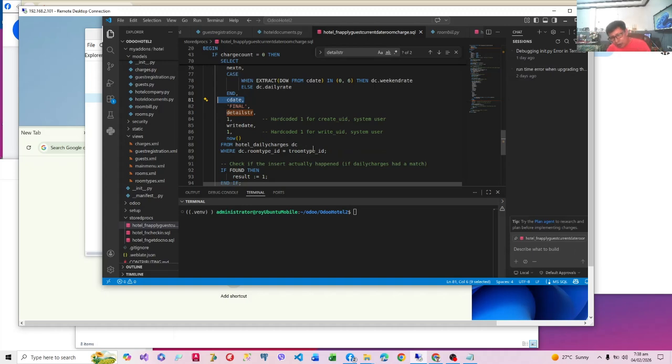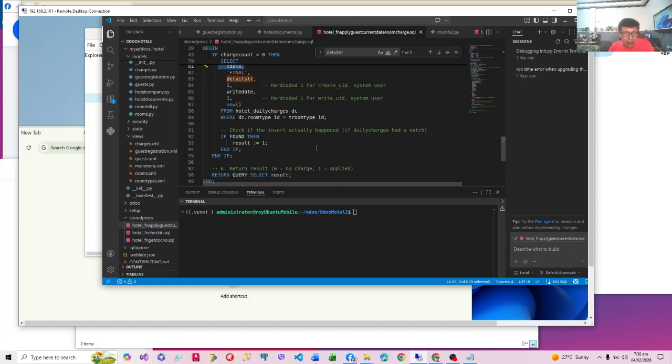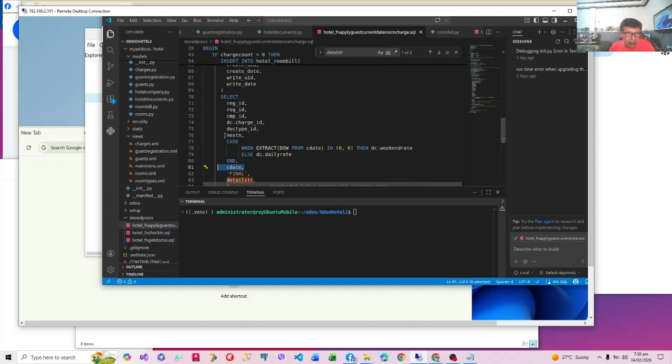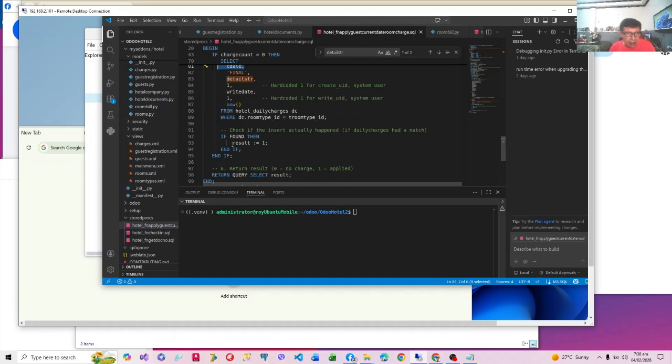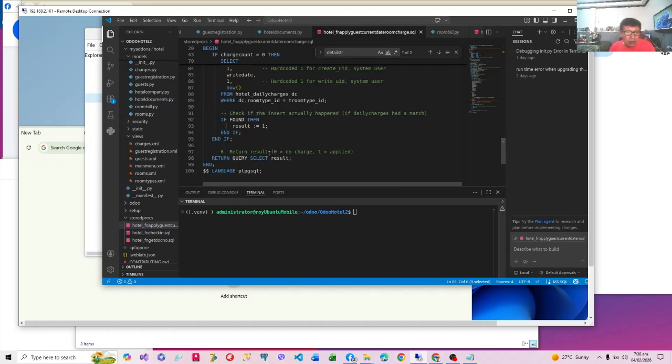So the daily charges from hotel room types will be charged to this guest. Okay, and we have a found check to just check, by the way, if the charges are really inserted, then we will return a result of 1. Otherwise, a result of 0 is returned, so that Odoo will know whether a charge was successful or not.